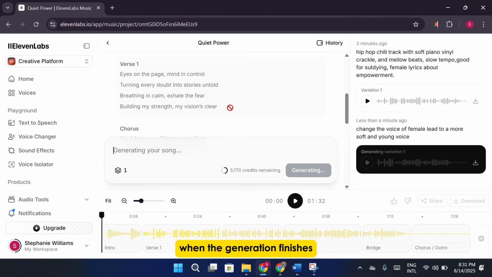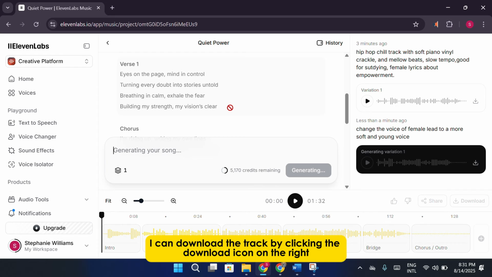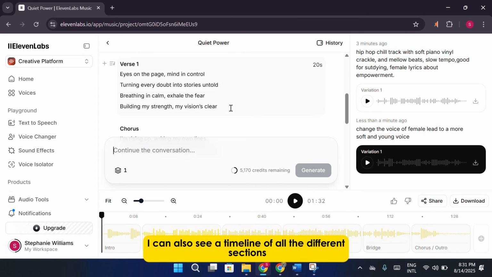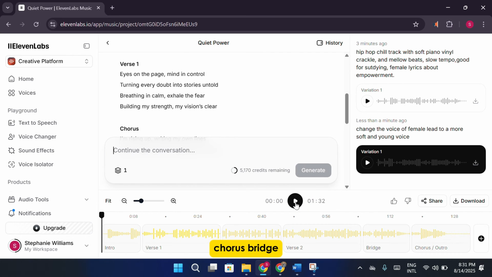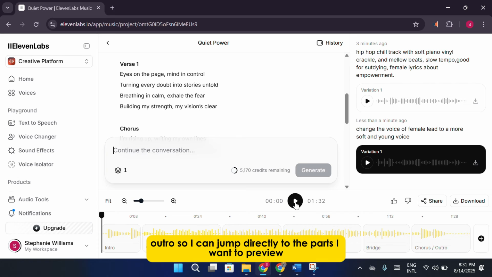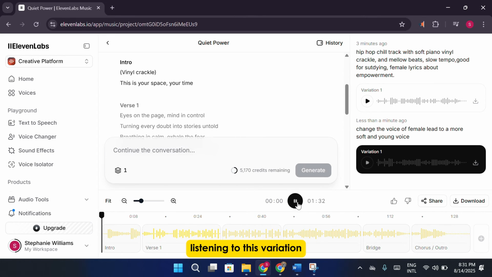When the generation finishes, I can download the track by clicking the download icon on the right. At the bottom of the interface, I can also see a timeline of all the different sections: intro, verses, chorus, bridge, outro, so I can jump directly to the parts I want to preview. Listening to this variation,